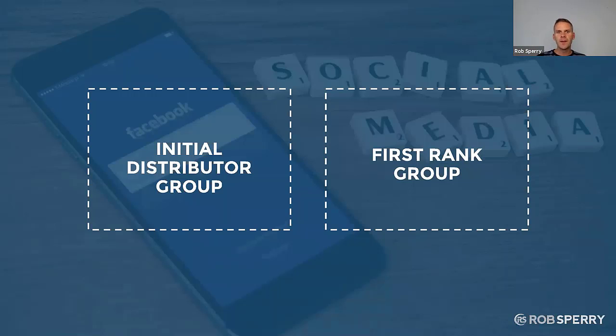Number 1, it makes it so the initial distributor group, they're not overwhelmed. Number 2, it makes it where they know they have to do more to go achieve. It gives something to shoot for to achieve the first rank group. And also, they're different audiences. So again, it's just an idea that I've seen work as well. You don't have to do it. Some of you, oh, that's overkill. It's too much work. Some of you have huge teams. Oh, that would be incredible.